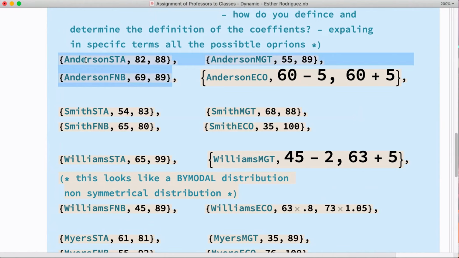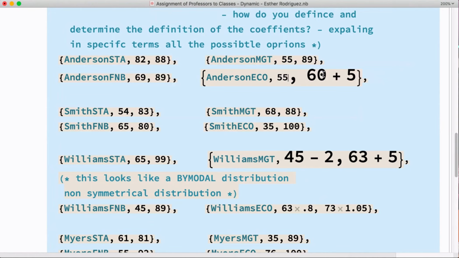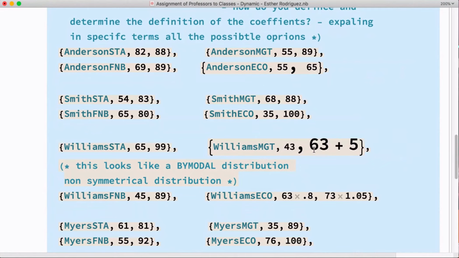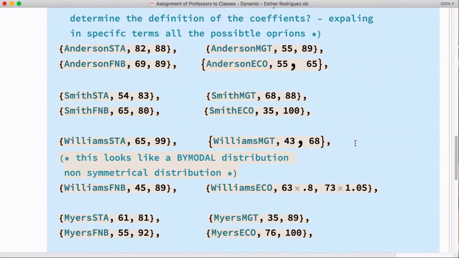Can I rewrite it differently? Yes, Isabel would say that I will rewrite this as 55 and this as 65. But now I lose the previous information that I had. And actually, when we want to do that, we define these ranges not because this is what we want, but because we use the statistics and the distribution to find out what is happening here. Same way here. I can define this as 43. And I can define this as 68. But if I have 43 and 68,